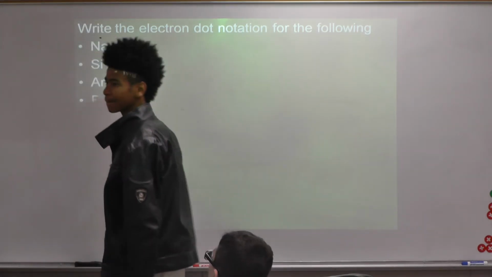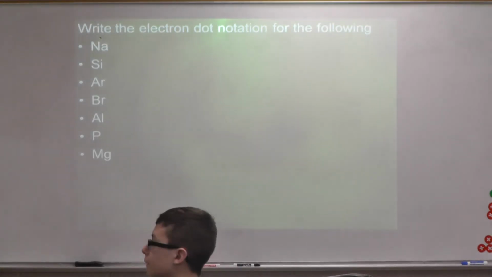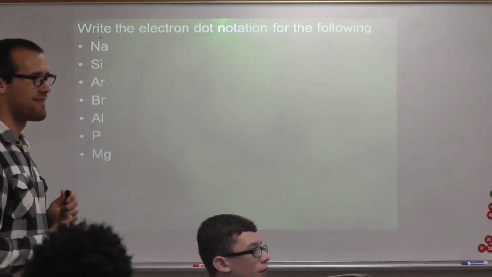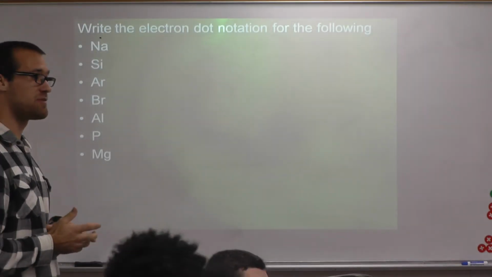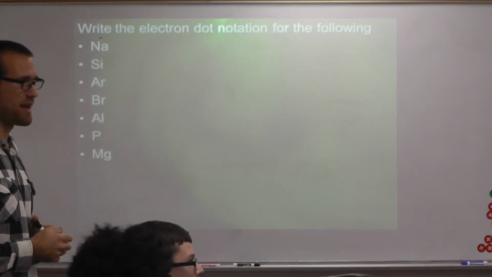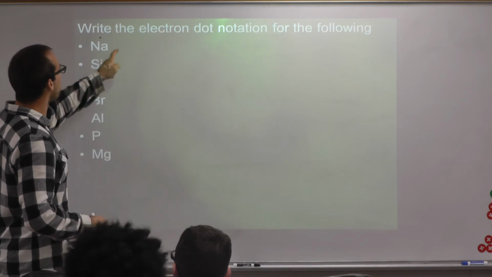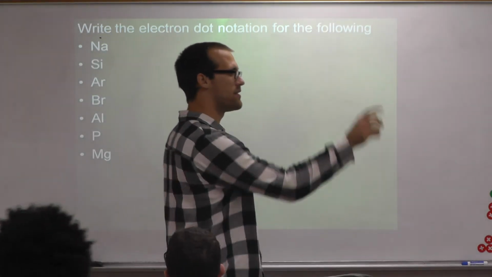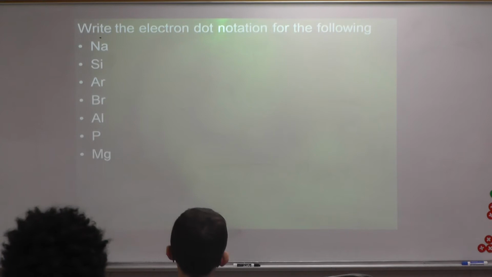I want to do Ar. Alright. So easy. Does it matter which side? No. As long as you follow the one rule that you put one in every spot before you put two, it does not matter. I could put the one here, here, or here. As long as I only have the one, you're fine. Don't put it on the inside though. You can't put it on the inside. I want to do Argon. Yes, it's gotta go around it. That's the only rule.